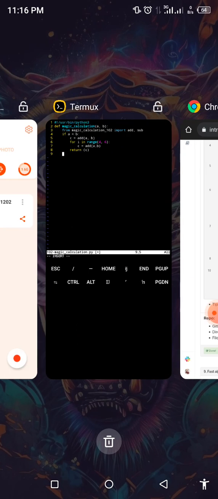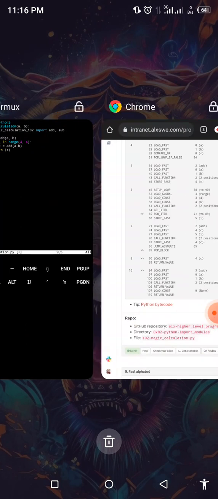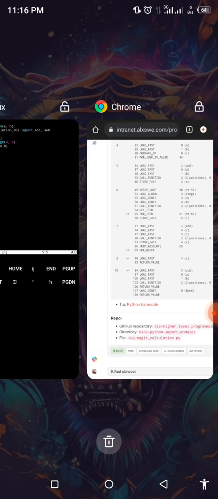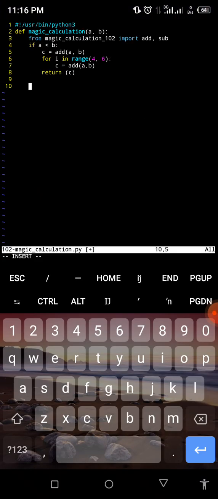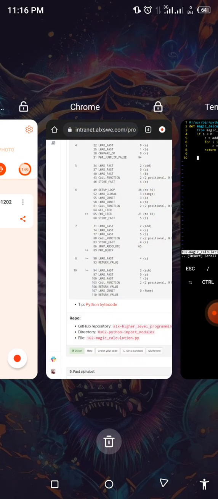So there's no line 9, but we have line 10. So on line 10